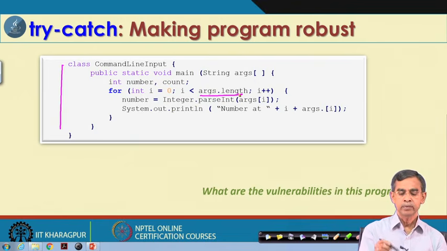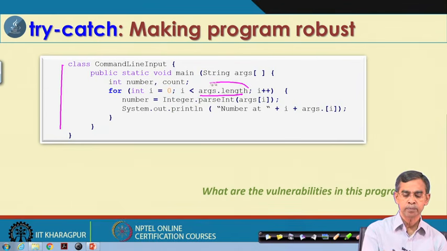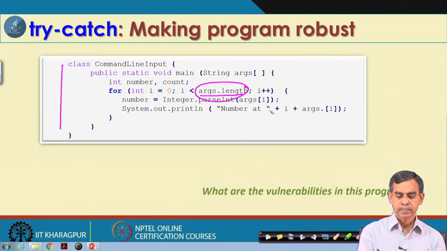Now, there is a possibility that the user can run this program without passing any input. That means this value will be 0. Or if the user passes, suppose, 2 values, but the array access goes much further, then there may be an out of bound error.